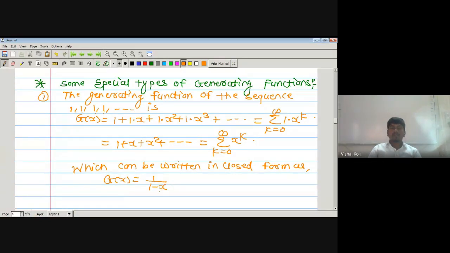When we solve this expansion, then we get this term, that is 1 plus x plus x square plus x cube. Therefore, its closed form will be this one, that is, this one is nothing but actually 1 minus x to the power minus 1. Okay, now the second one will be